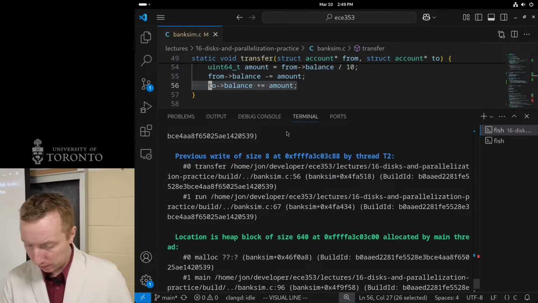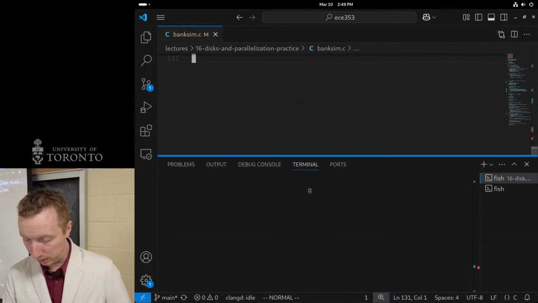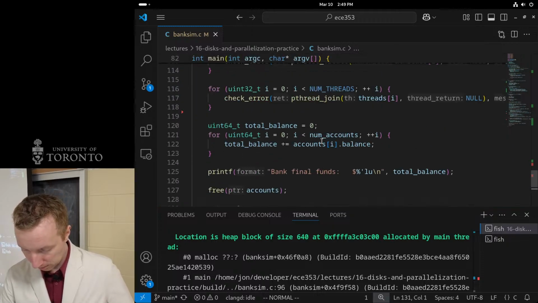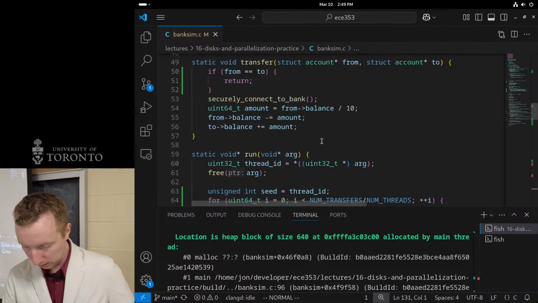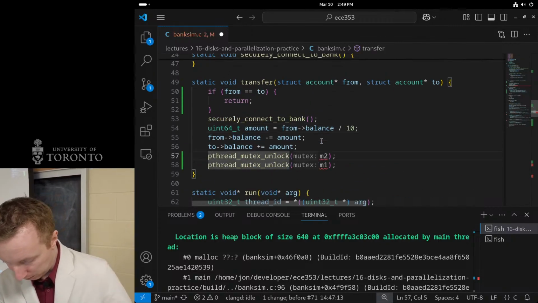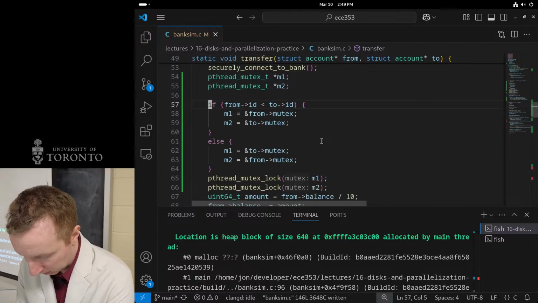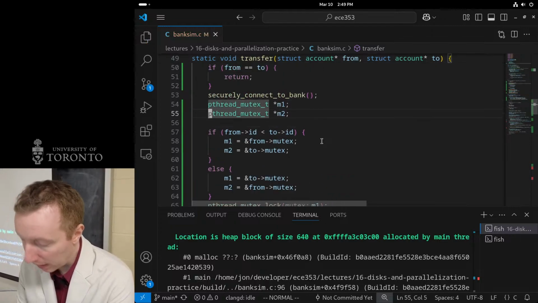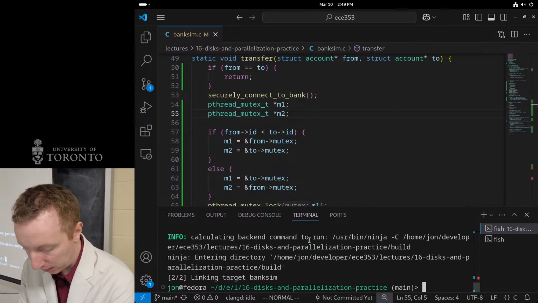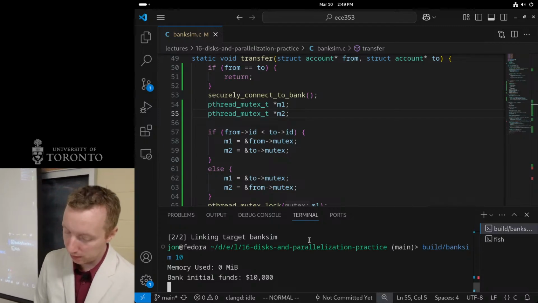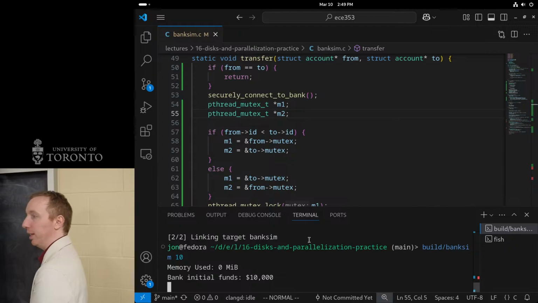All right, and just to verify that it indeed does work, we can go back. Where were we? So we can undo all the bad things we did. So this was our fixed code that had no data races and no deadlocks. If we compile it now with thread sanitizer and run it, we'll see that, hey, it's not throwing up on me. That's probably a good sign.